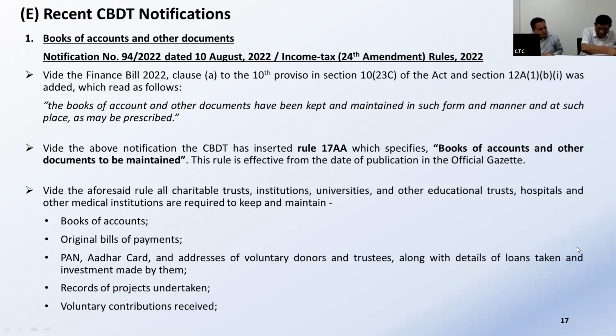Corpus also. For voluntary, which one is it? I am not able to find it. Point number 2, page number 8: record of income by a person during the previous year as voluntary contribution, containing details of name of the donor, address, permanent account number. Then there are 3 points. Thereafter corpus is different. Then there are other points, records and all these things. So this is another point I wanted to make. For corpus, we have to give the details. Now address 10(23C) or 12AB, those things are normal, for which details are to be given.